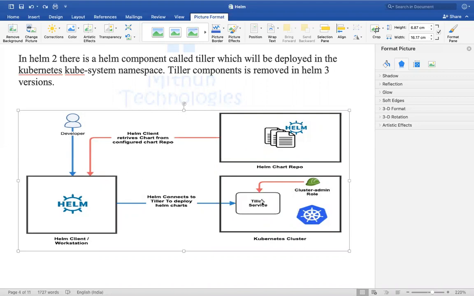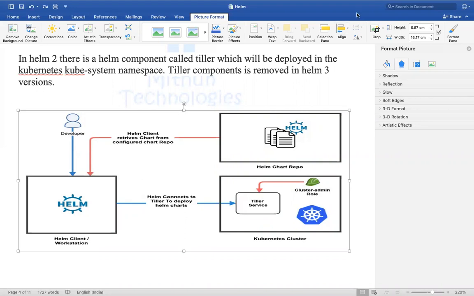So how can you give permissions to this application? This application needs access to the API. This application is deployed within a Kubernetes cluster. How do you give permissions to this Tiller application?